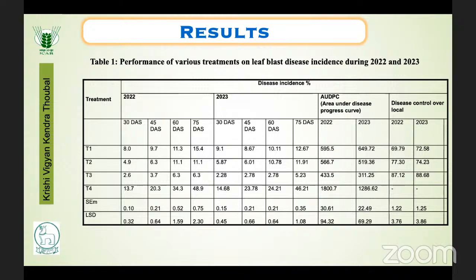Here in the first table, we can see the effect of the different treatments on disease incidence. Among all the 4 treatments, treatment number 3, azoxystrobin and tebuconazole, was found to be slightly more effective when it comes to management of blast disease, as is evident from the table where the disease incidence was lowest in treatment number 3. And a similar pattern was also found in AUDPC, which is area under disease progress curve. Here also we can find that the value of AUDPC was the lowest in treatment number 3, and the highest value of yield over control was found in the same treatment, that is treatment number